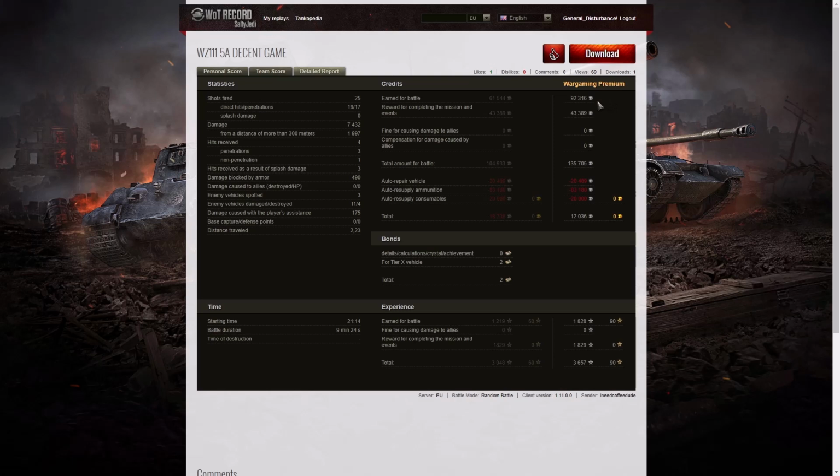On a premium count, he earned 92,316 credits from that game, got 43,389 for holiday ops, total of 135,705 credits. And after repair, ammunition, resupply and consumables, he still took away a profit of 12,036 credits, even though he spammed the gold like...